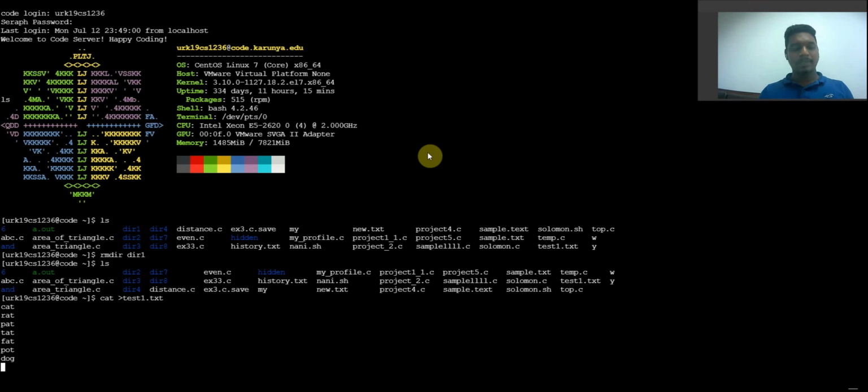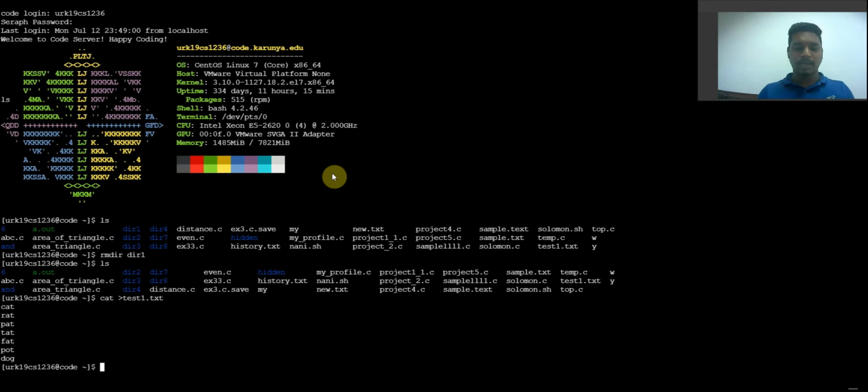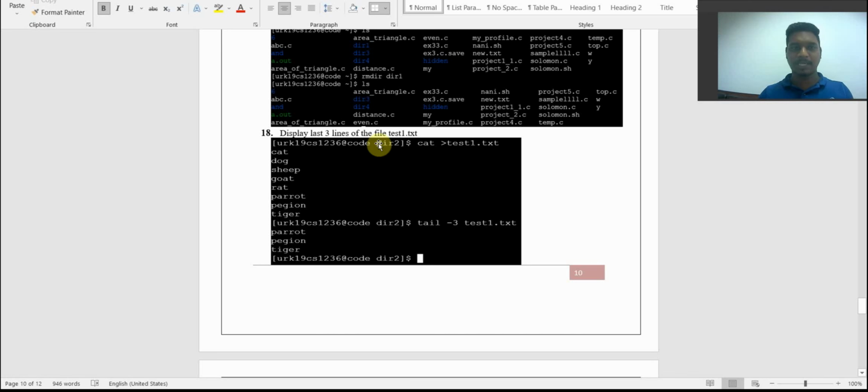So to end this file, we need to press Ctrl D. So this will come out of the file. So now our question is, display the last 3 lines. For that we need to have tail, tail minus 3. They are asking for last 3.